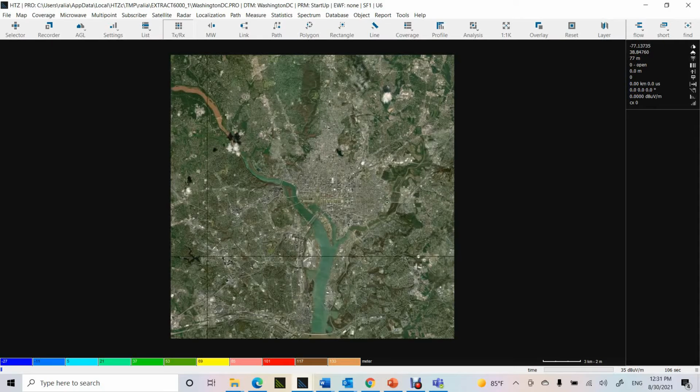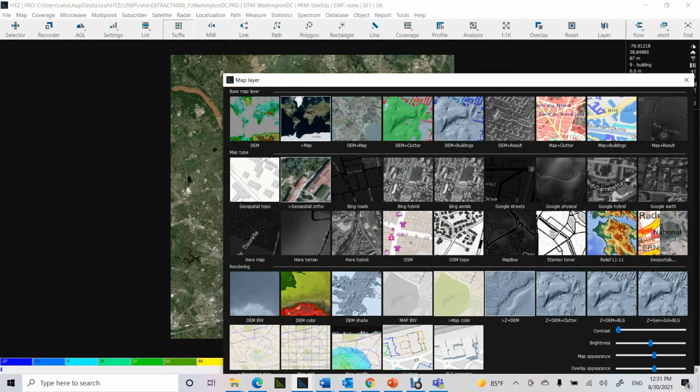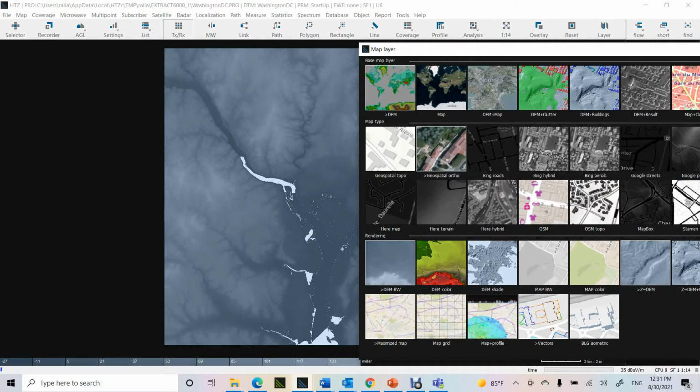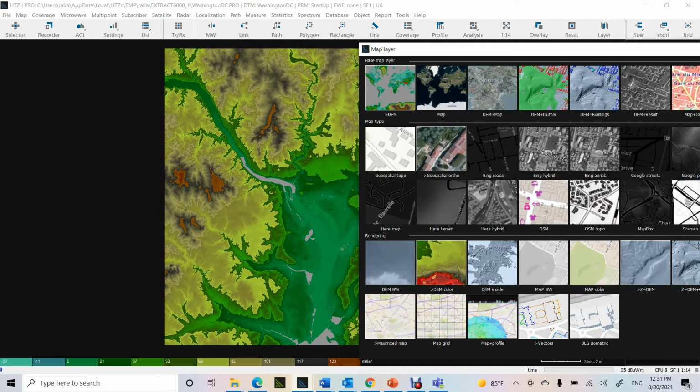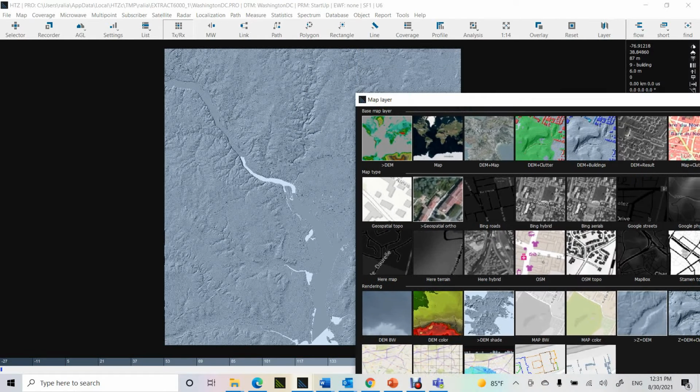So once you do that and you save your project, the project is open with all the layers in it, and you've saved it already. And as you see on the right side, you can access different layers for your project if you want to only see your DEM, or your digital elevation model, in different rendering types, if it's colorful or if it's only shade, or you can access the map